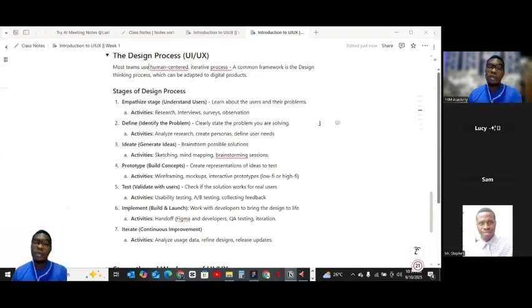I remember when we were in school, you asked us to do a final year project, and then you have to do a survey. For those people that used to do all those botany, you start asking questions up and down, doing paper. Why? The reason why you are doing all this is because you need to get information about the project you want to work on. So that's what the empathy stage does for you. You understand the user. Okay, this is what the user would possibly want to do.